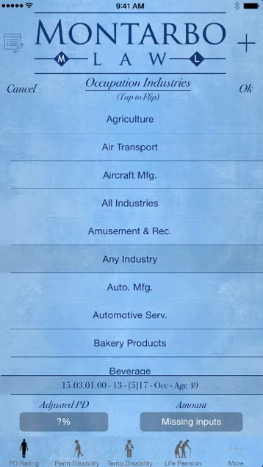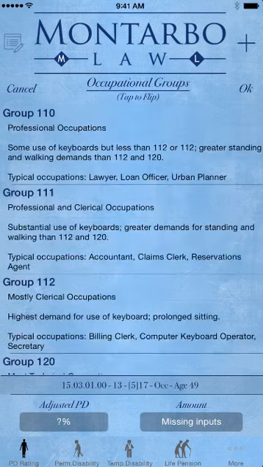If you select those, when you go to the specific schedule of occupations, you'll have an alphabetized list of all of the occupations, not just within a particular industry, but all industries. Last, and this is really cool, up at the top, above agriculture, it says tap to flip. When you tap that to flip, it becomes occupational groups,